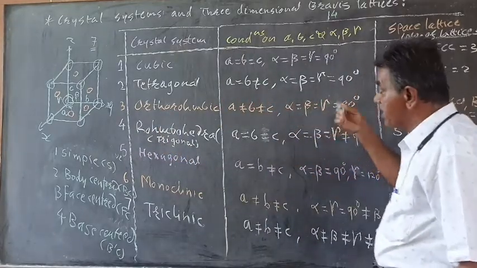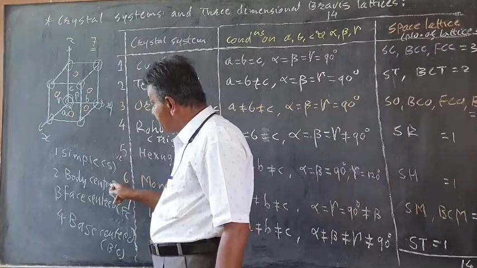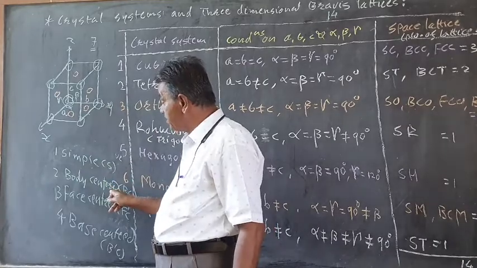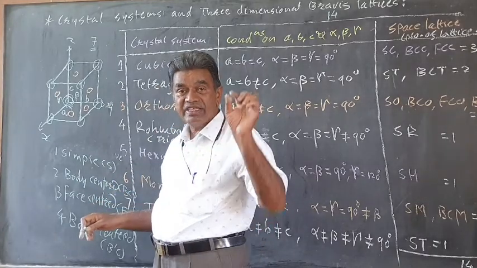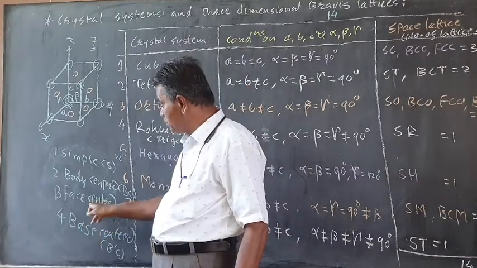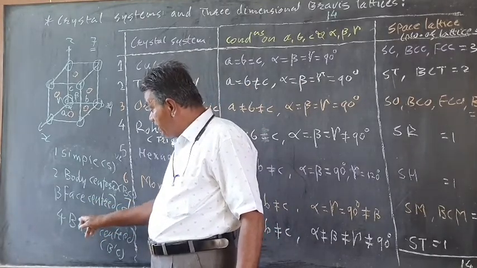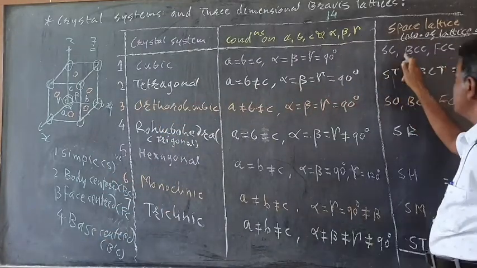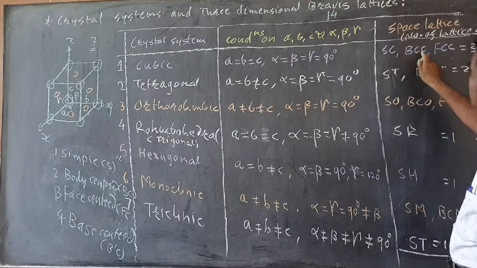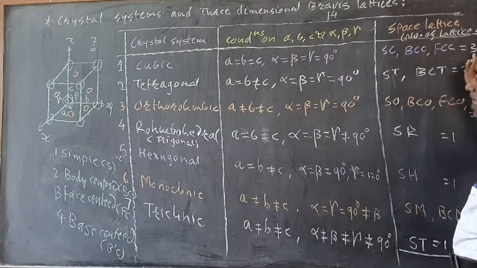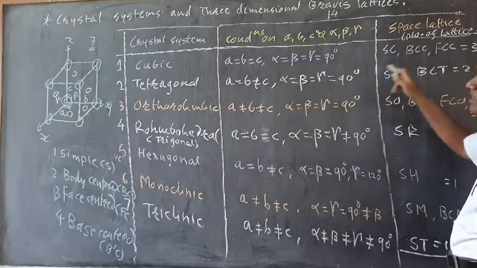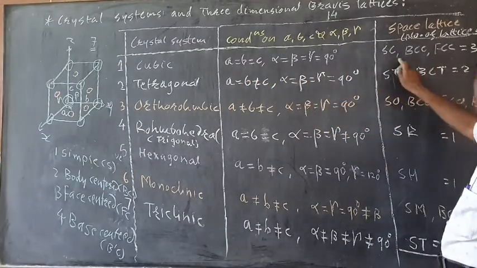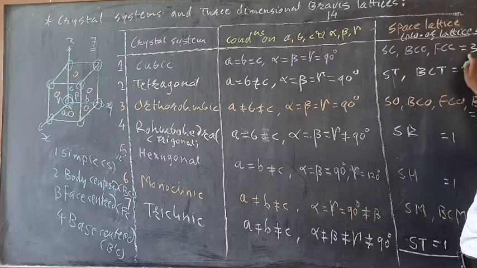In addition to the corner atoms, the unit cell may contain an extra atom exactly at the interior of the unit cell. It is known as body centered. If extra atoms are located at the center of each face of the unit cell, it is known as face centered. So we are getting another type: simple cubic, body centered cubic, face centered cubic. So there are 3 subtypes we can construct in the cubic case without violating this condition. So there are 3 lattices in the cubic system.